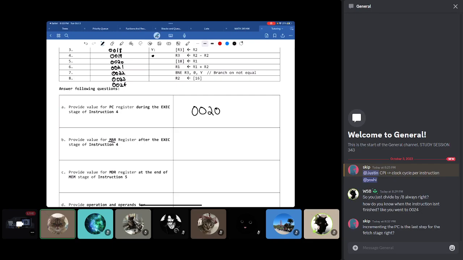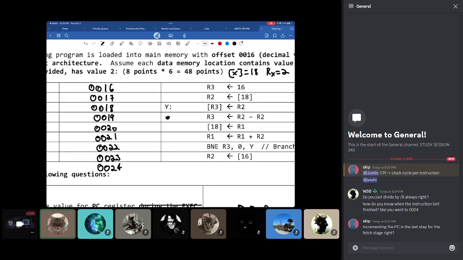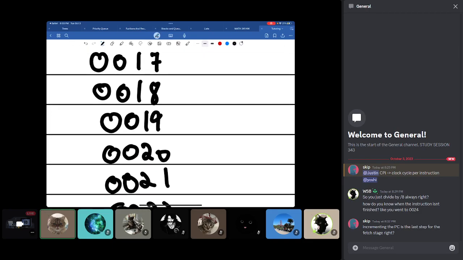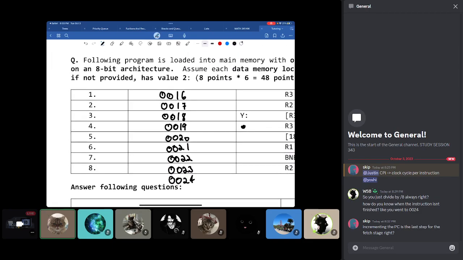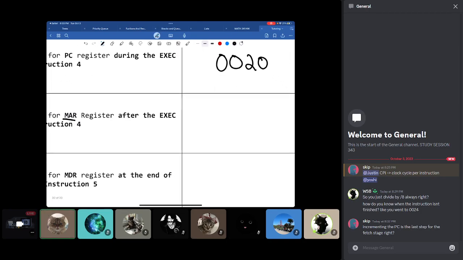Within those stages, MAR is only changed during the fetch stage. What is it changed to? Whatever value was in the PC during the fetch stage. That value would be what instruction we were at, which is 0019. So the answer here would be